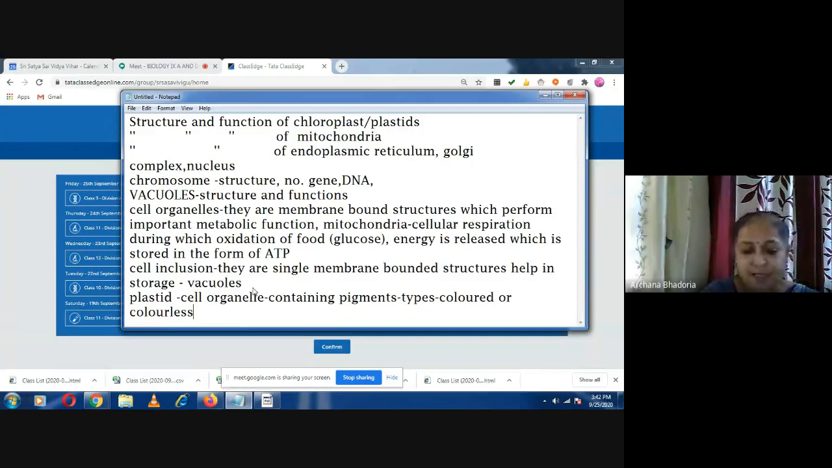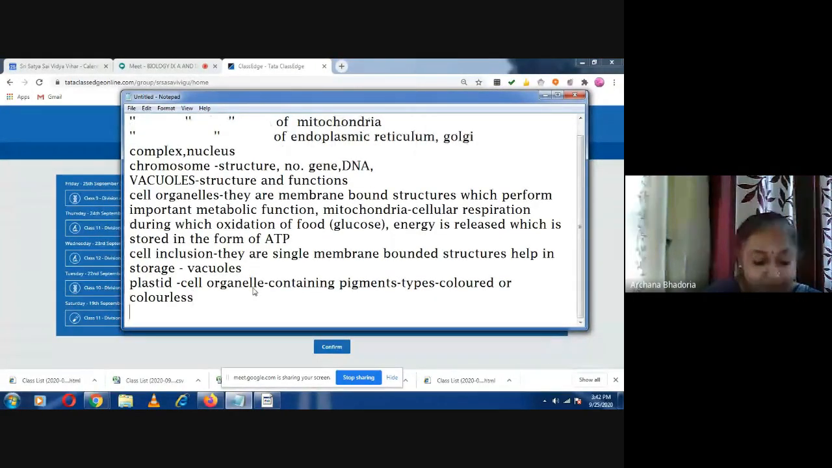Are you all understanding, children, what I am saying? Plastid is a cell organelle which contains the pigments. The pigments can be the colored ones or they can be the colorless ones. Now, if there are colored pigments,